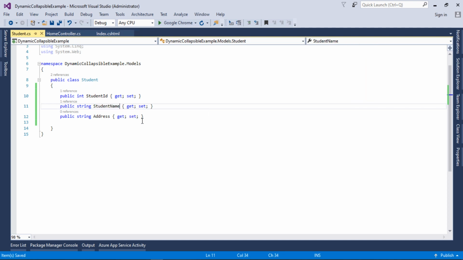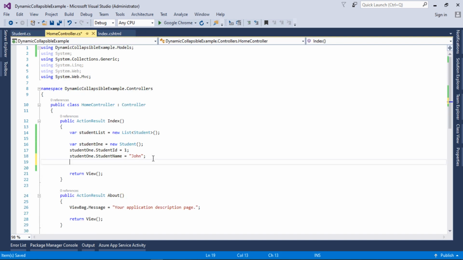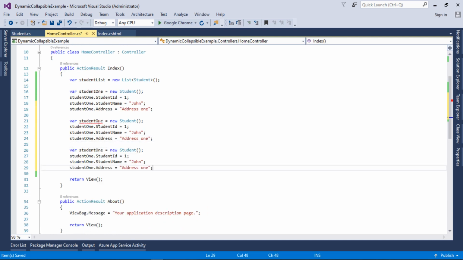It will refactor all the references, and as you can see, it has automatically refactored our code. So student1 dot Address is address 1.